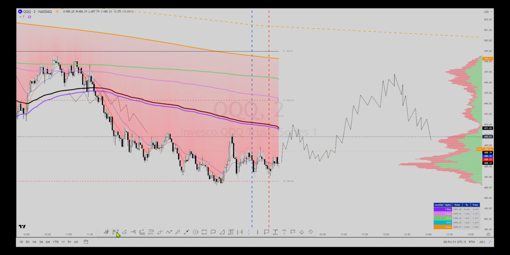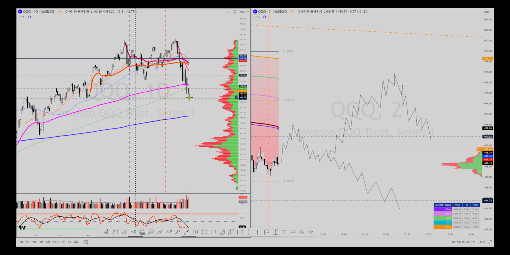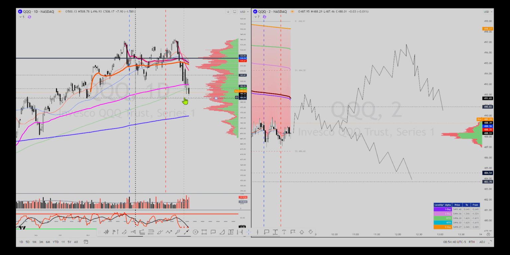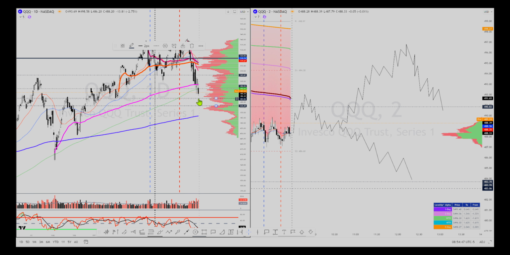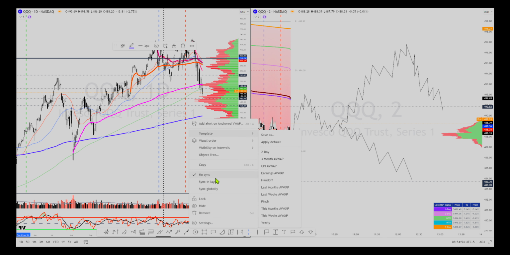So the next scenario we'll be monitoring for is if we rally up, instead of reclaiming here, we start to break this 488 and we break down from underneath yesterday's lows, and that brings us down into this level at 483.70, and then potentially back down into this 476.49 area. So that's some key things to look for on the QQQ.